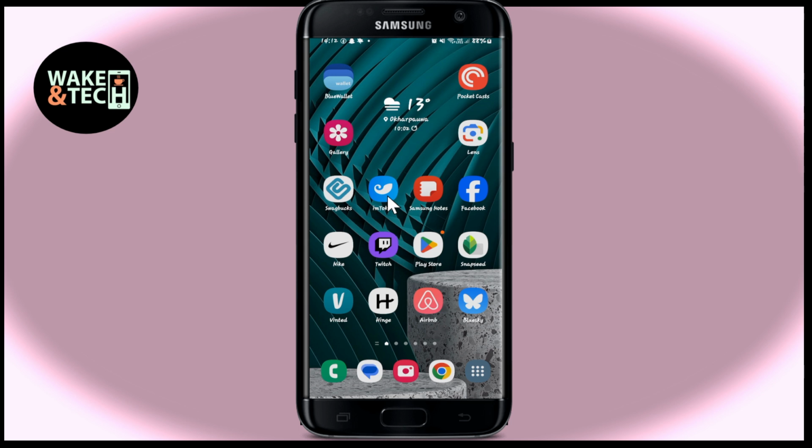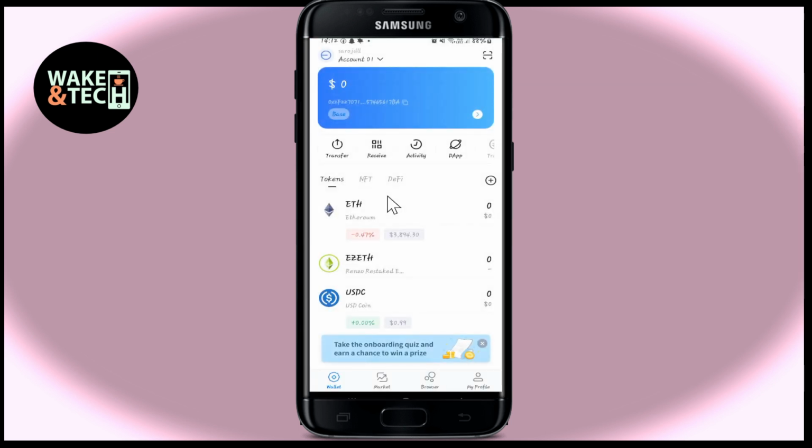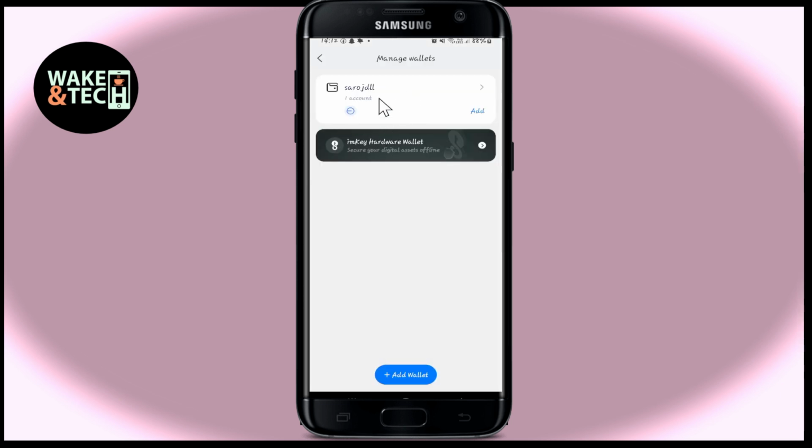First of all, open up the imToken wallet app on your device, and once you open it up, since you are already logged in, you will directly be taken into your wallet page. Now, if you wish to log out from your wallet account, go ahead and tap on My Profile at the bottom right corner. From here, tap on Manage Wallets, and you will now see your current wallet that is added